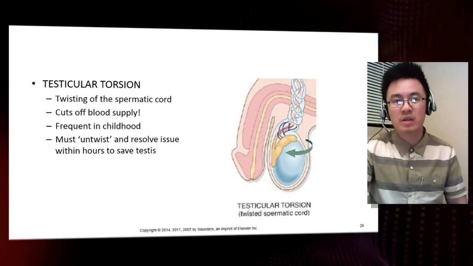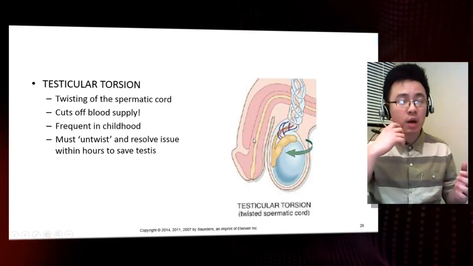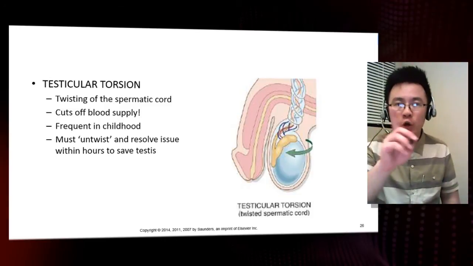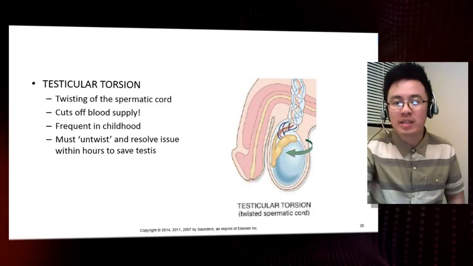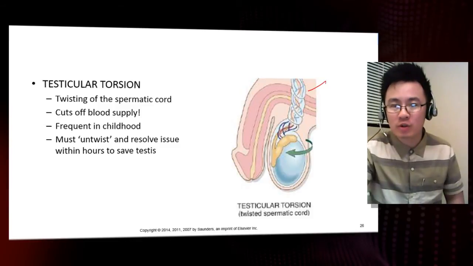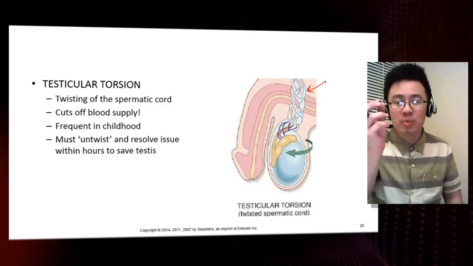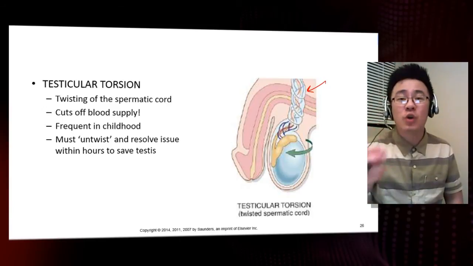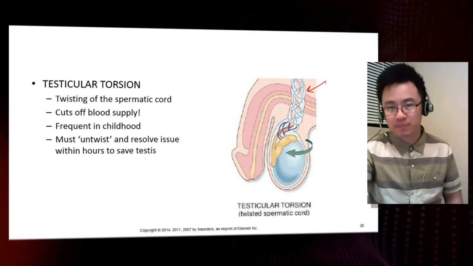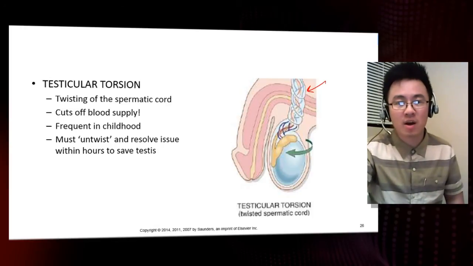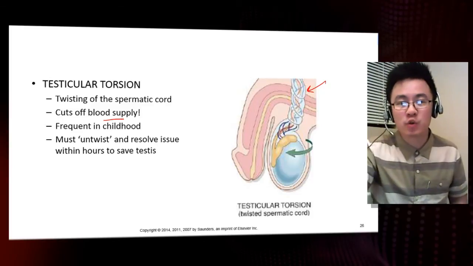Another condition here is testicular torsion, and what happens is that maybe during a male's rigorous physical activity, the testicles kind of turn and turn and turn, and what ends up happening is that there's this torsion that starts being formed, and then it starts to tighten up the blood supply that goes to the testicles and closes it off, therefore starving the testicles of the essential nutrients it needs for proper function. So it cuts off its blood supply because of the twisting of the spermatic